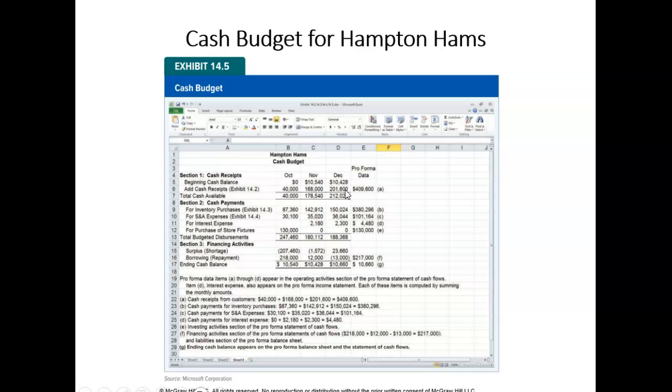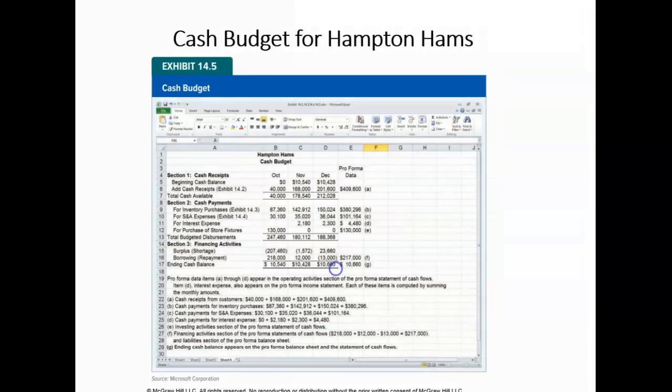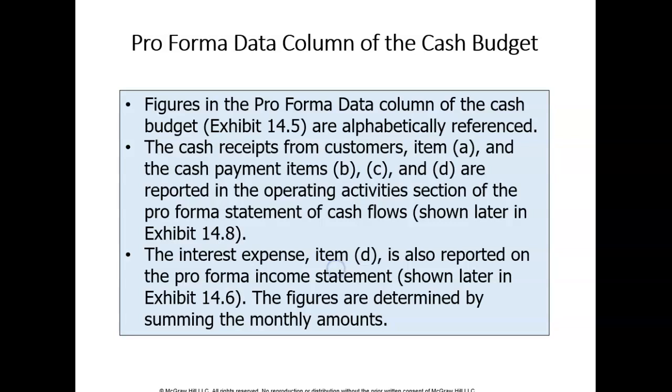This shows our cash received for the month of December. This shows our disbursement for the month of December. Now, finally, at the end of December, we'll have a surplus in cash of $23,660. So now we can pay back a portion of the amount borrowed. We pay back $13,000, and we'll still maintain our minimum cash balance of at least $10,000. We have $10,660. So what your cash budget shows you, the cash budget shows you your cash inflows, your cash outflows, whether